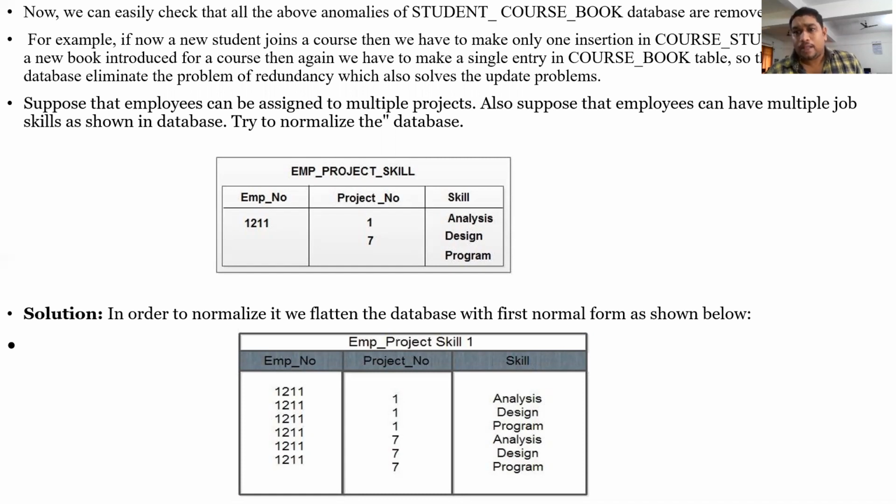So when you do the atomic process, that is first normal form. If the relation is already in first normal form, there is no need to decompose into second normal form, third normal form and BCNF, because when you do first normal form only, all the values are automatically in second, third and BCNF. So directly we can follow 4NF, instead of checking again second normal form, third normal form and BCNF. I hope you understand.